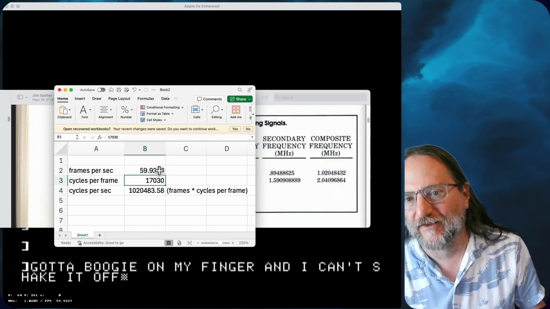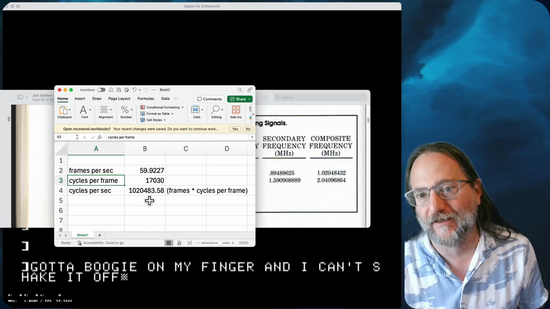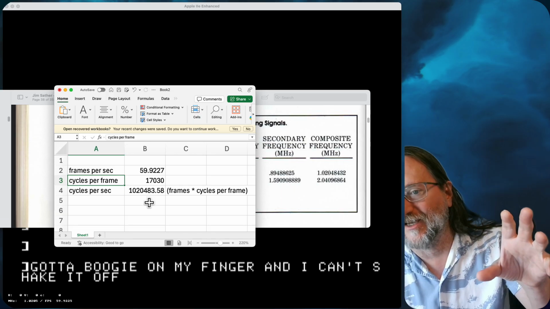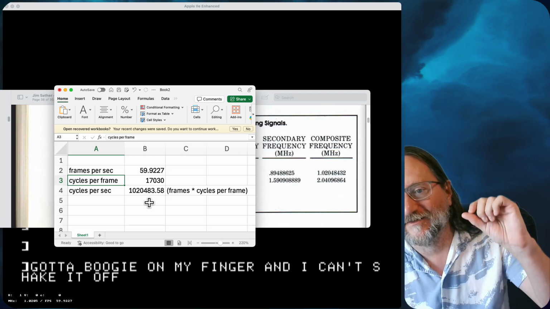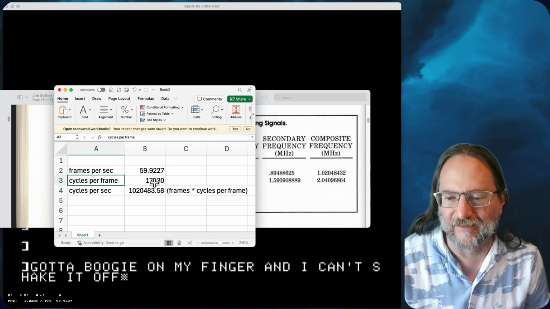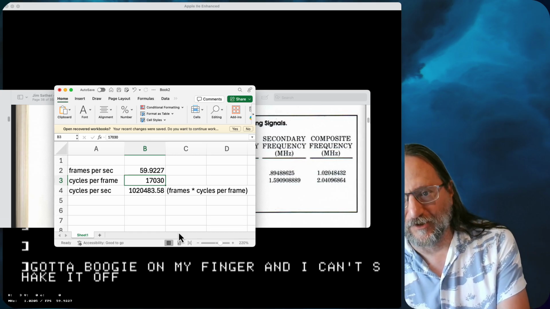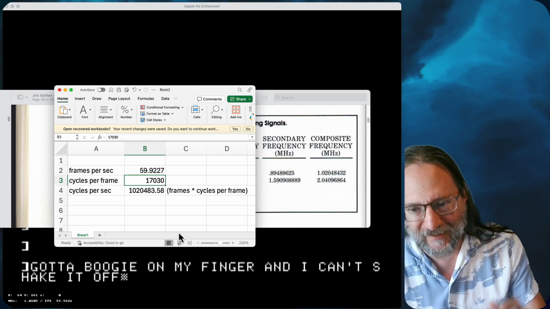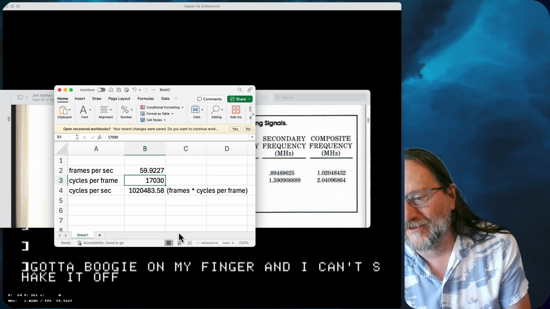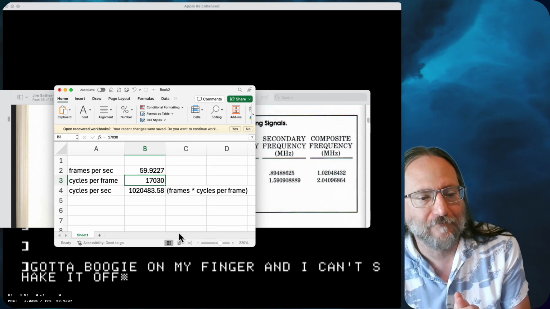And it has to be exactly this way, because if you've got a piece of software that's counting cycles, literally like, this loop took 100 cycles and this bit of code took 500 cycles, and it wants to do the same thing again at the exact same time on the next frame, it's got to count exactly 17,030 cycles. So in a real computer, that's no big deal. That's just how it is. In an emulator, you've got to emulate all of these interrelations. And it's taken a bit of doing, but I've got it.